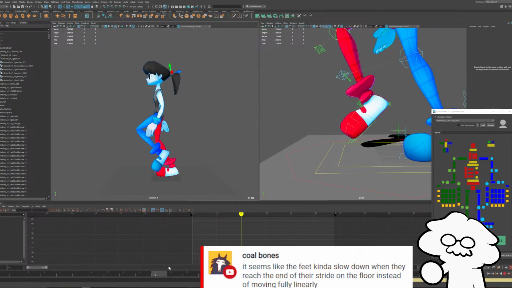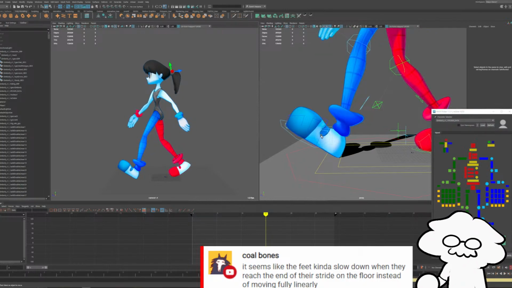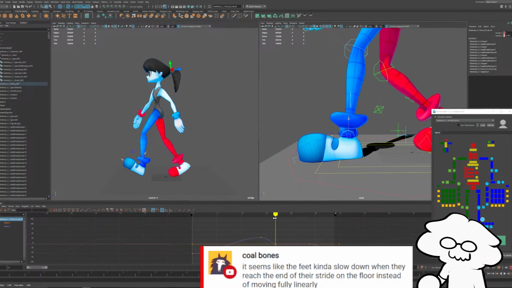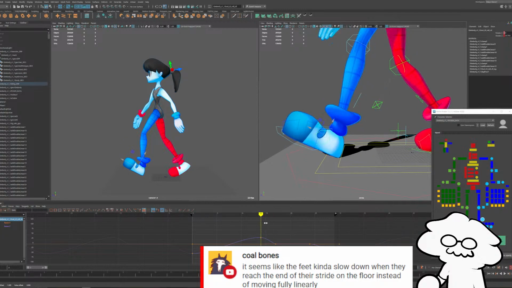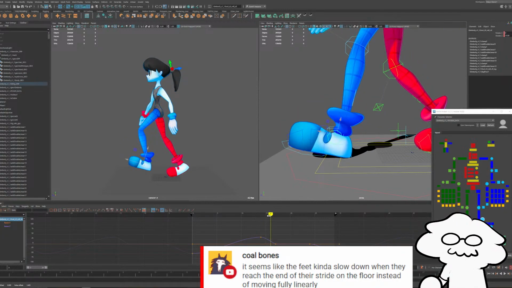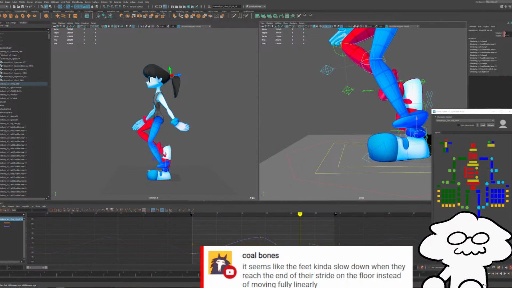I think the foot should fully hit the ground first before it does that. So we maybe move the foot roll key downwards a bit like that. But yeah, it's just a little bit of polish things that we'll mess with as we go along. So hopefully that helps answer your question.